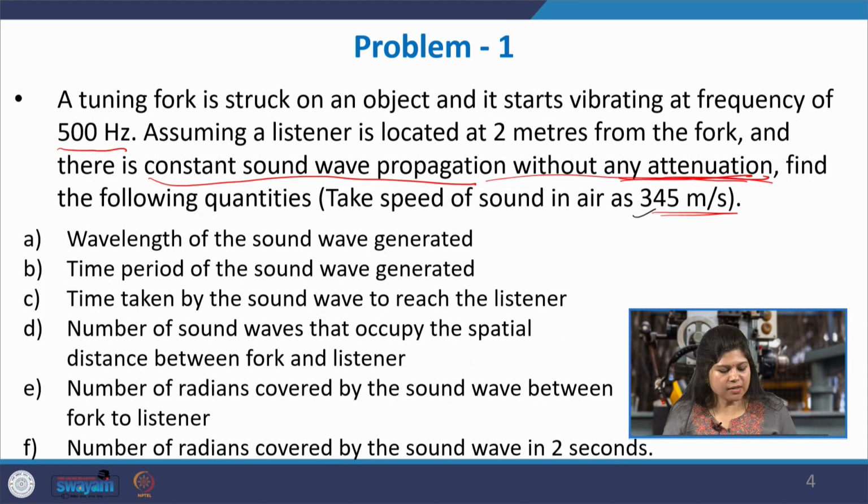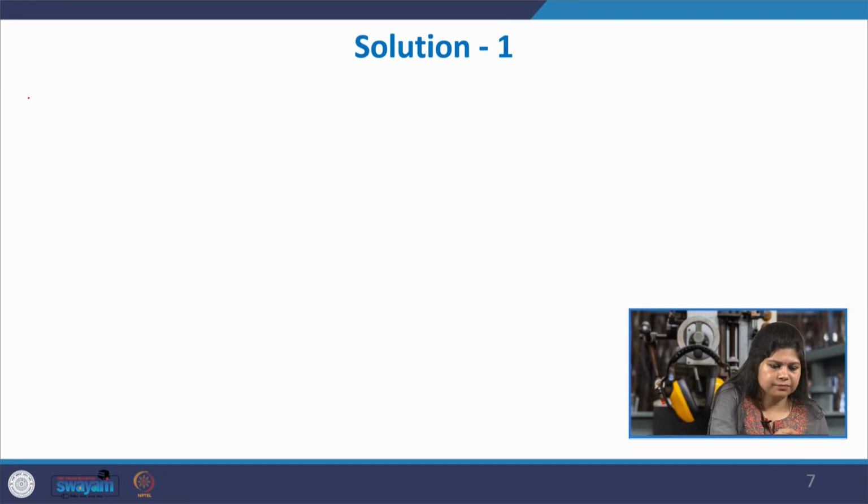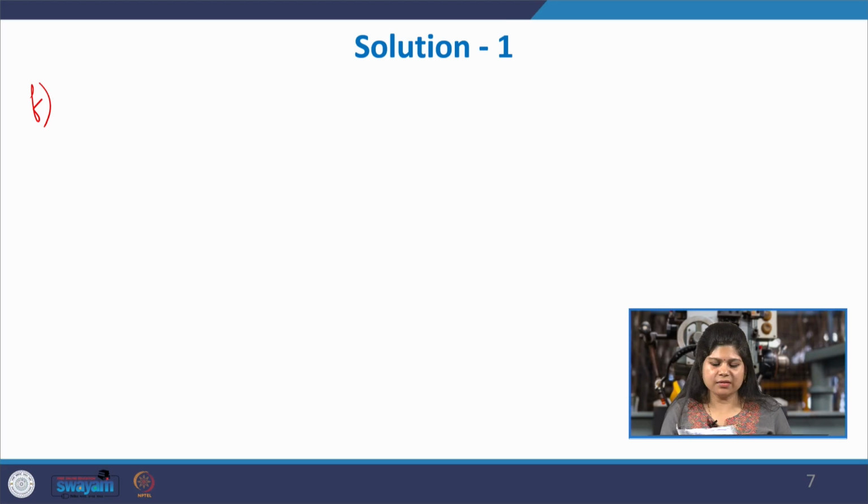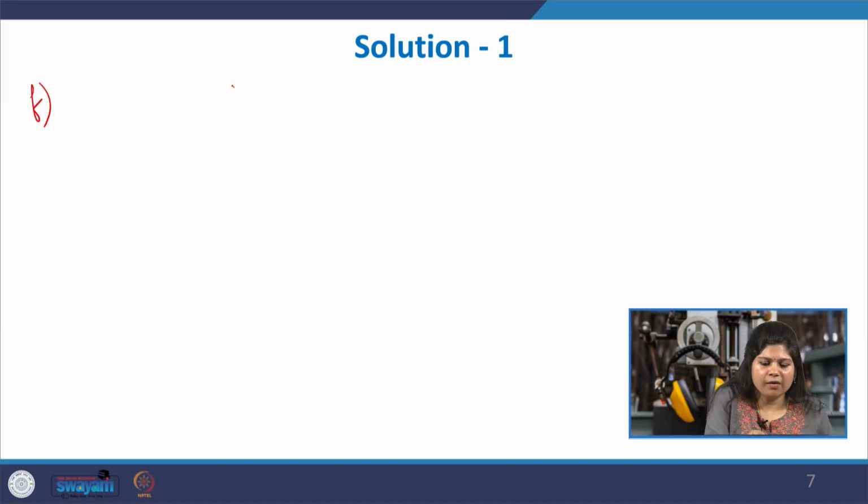Okay. So, the last part is the number of radians covered by the sound wave in 2 seconds. How many radians does it cover in 2 seconds? Here, each wave means 2 pi radians. To find out how many radians it is covering, we need to find out how many waves we have in 2 seconds. So, I will start like this. We will follow a similar approach as we did in parts D and E and we will get the answer. So, here one wave